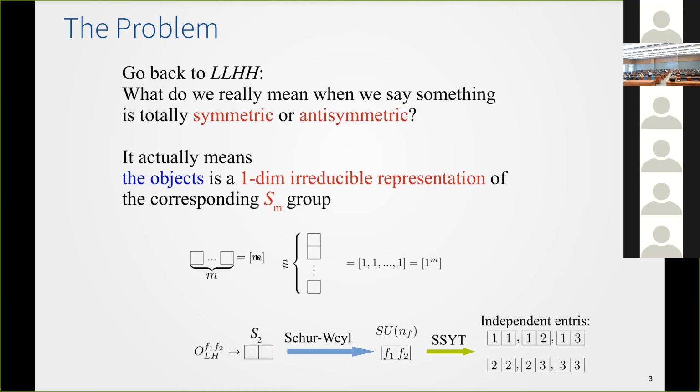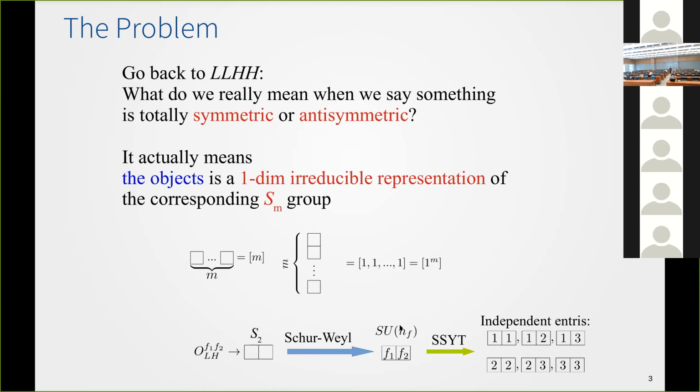Let us go back to the simplest example, LHH, and think about what we really mean when we say something is totally symmetric or antisymmetric. It actually means the object we are considering is a one-dimensional irreducible representation of the corresponding symmetric group. And in terms of LHH operators, it is then a symmetric representation under the S2 group, while the Schur-Weyl duality in group theory tells you that